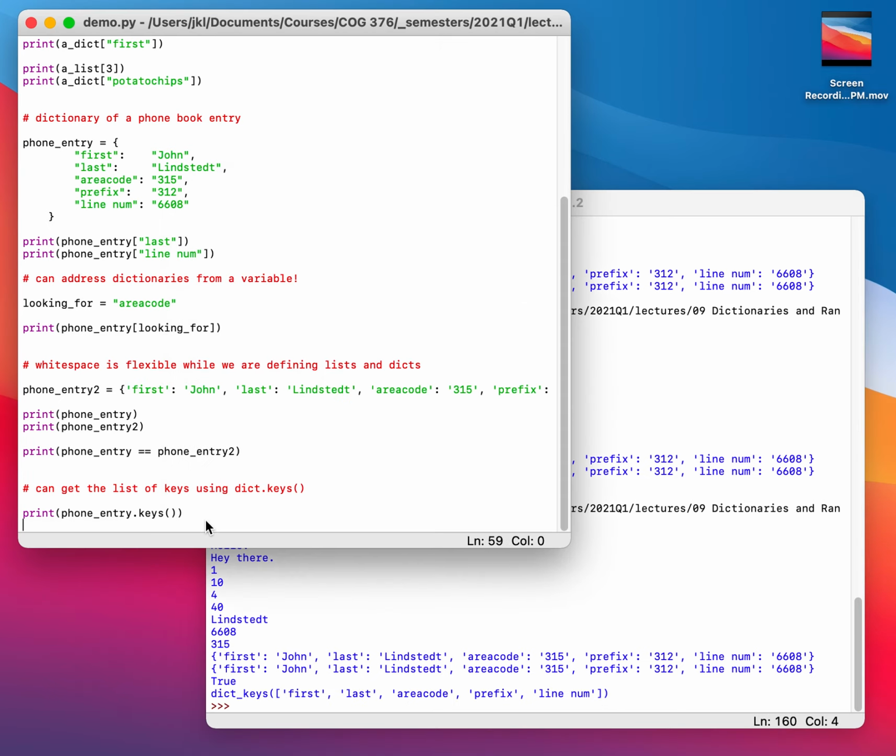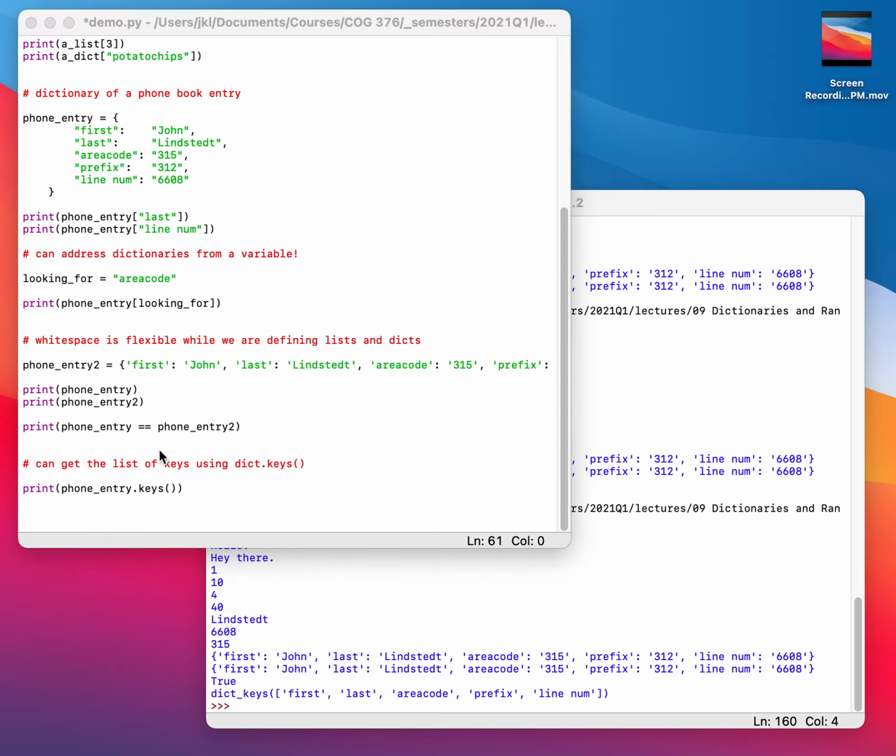For example, instead of accessing everything in a dictionary, sometimes we want to iterate through everything in a dictionary like we would in a list. So, for example, one nice thing that we can do with this phone entry.keys is we can say,